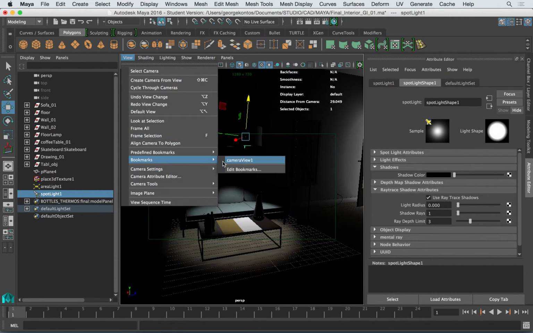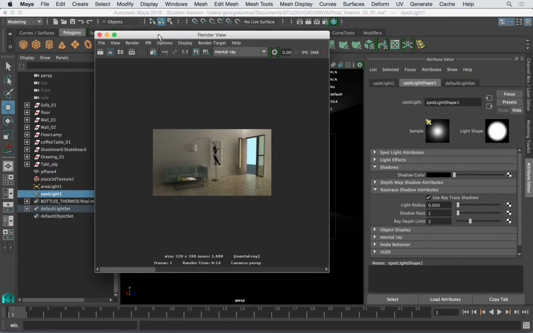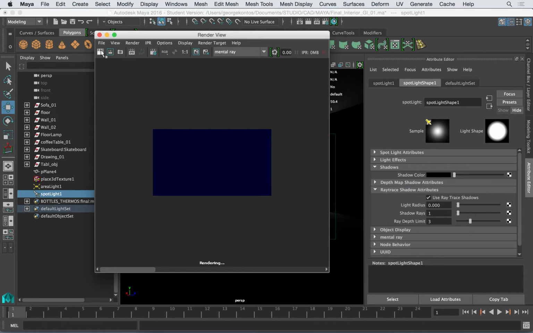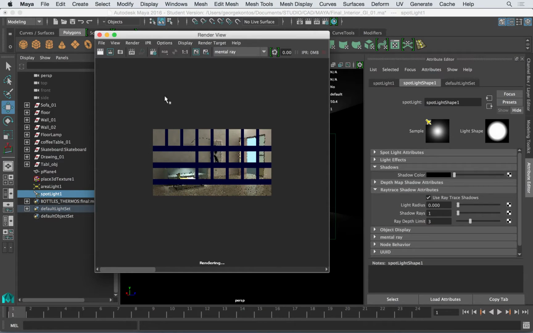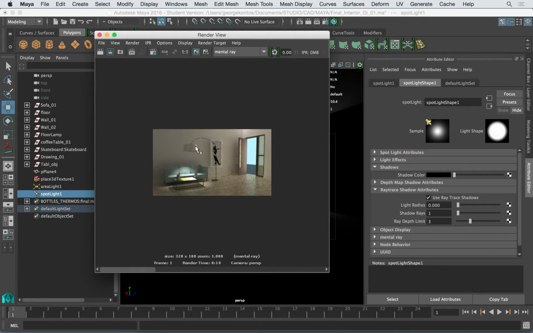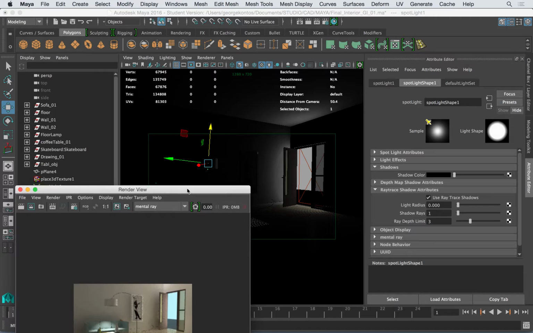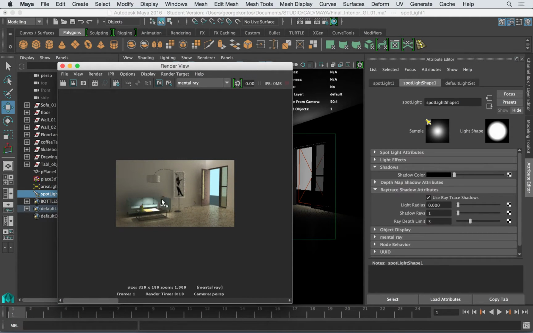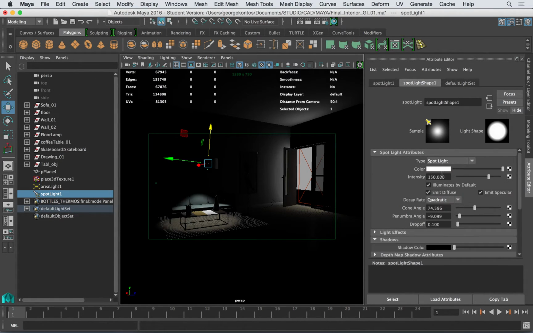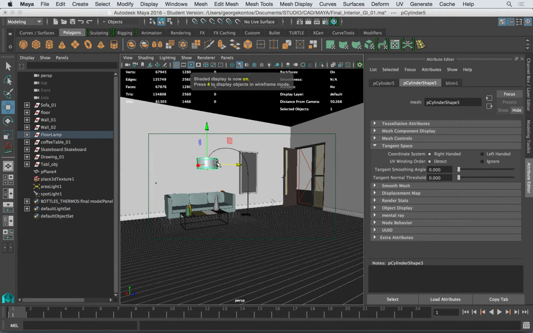I'm gonna move back to my bookmark and shoot another render. This doesn't have any photons. The spotlight is just a light that I'm using in the room. So with a decay. So this is okay. I'm just gonna make the intensity a little bit less because it's too bright. So I'm gonna do like 100 or 110,